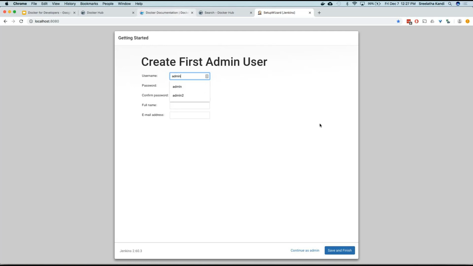So let's say admin2, and I'll give it a password. And then say,